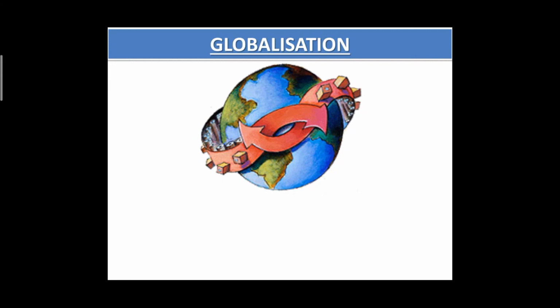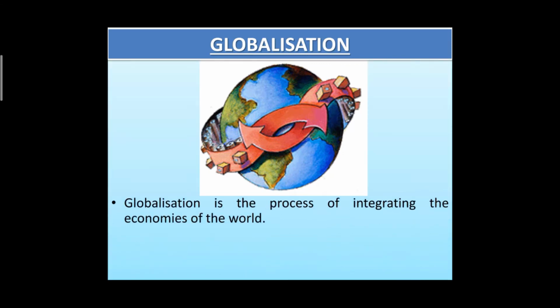So what are the bases for globalization, which we have already seen? A rapid increase in foreign investment by the MNCs, a rise in foreign trade among countries, and a large part of foreign trade being managed by the MNCs. All these factors we are going to combine, and at the end we get the meaning of globalization: the process of rapid integration and interconnection between nations, the movement of goods and services, and of investment and technology from one country to another. That is globalization.